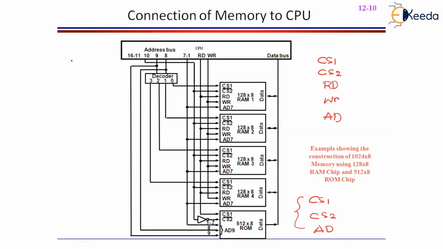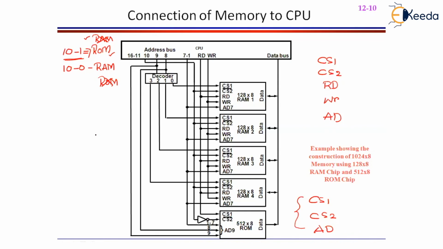So what is the logic? The logic, again, let me remind you: whenever the 10th digit of the address bus is equal to 1, ROM should get selected. Whenever the 10th digit of the address bus is equal to 0, RAM should get selected. If ROM gets selected, all the RAMs must be disabled. If RAM gets selected, the ROM should get disabled. This is the logic. Now we will exactly implement this. Whenever the 10th digit is equal to 1, ROM should be selected and RAM should be disabled, right?